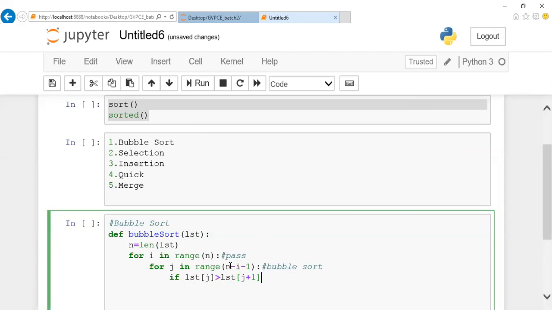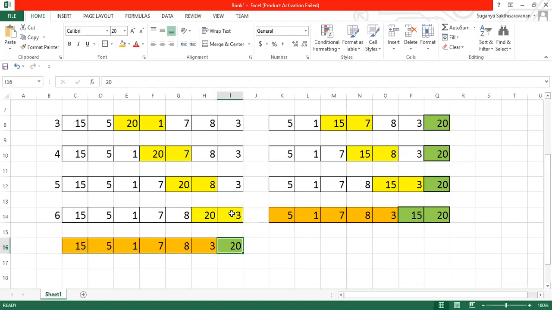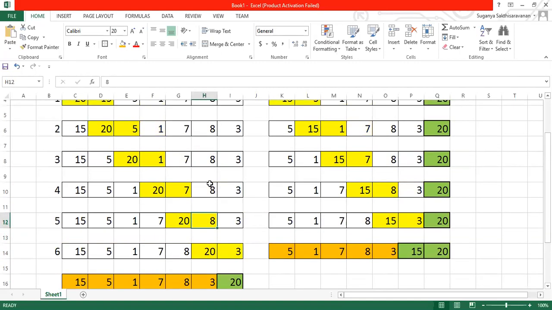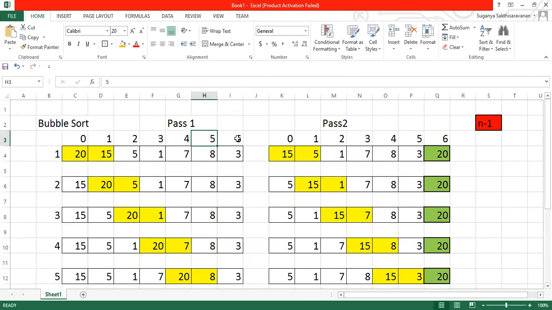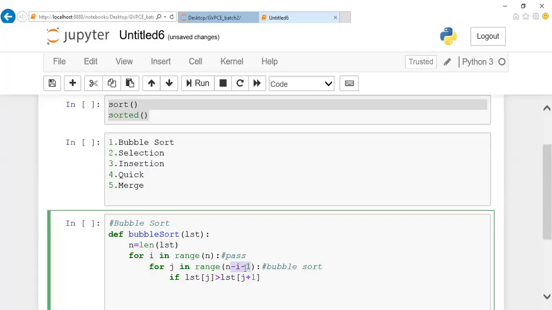So guys, in this step I'm writing minus 1. The reason is I don't want to go till the last, but one step before it. This is the important concept, guys. Listen here, I'm repeating it. When I'm coming here, I'll never go till the last. Here I'll stop one step before it. This position and this position are compared. I'll never go to here. I'll never go till 3 and compare it. I'll stop at this position, the fifth position, and compare with the sixth position. And in the same way here, I'll stop at the fourth position and compare with the fifth position. For this reason, I'm writing this n minus 1.